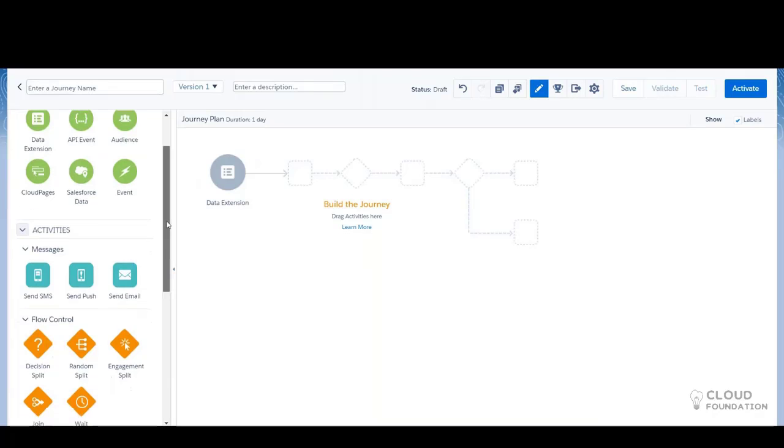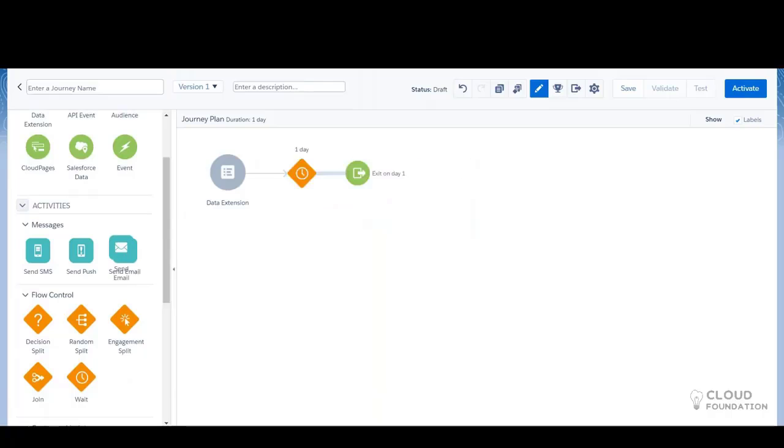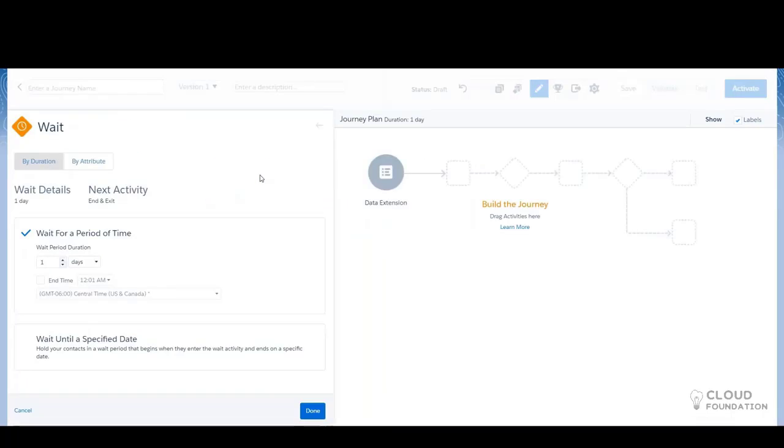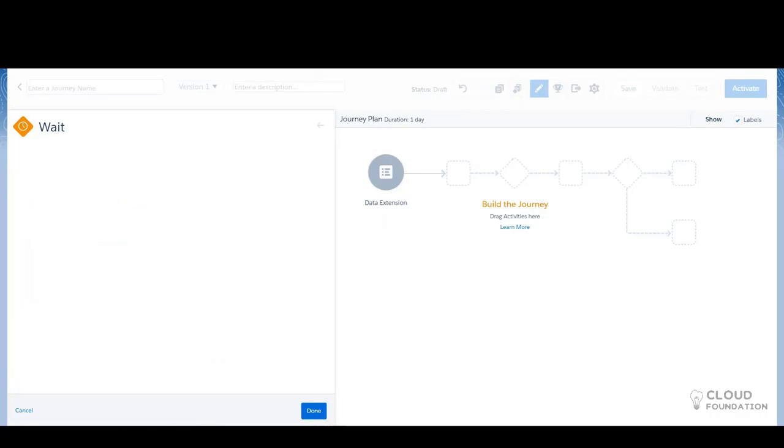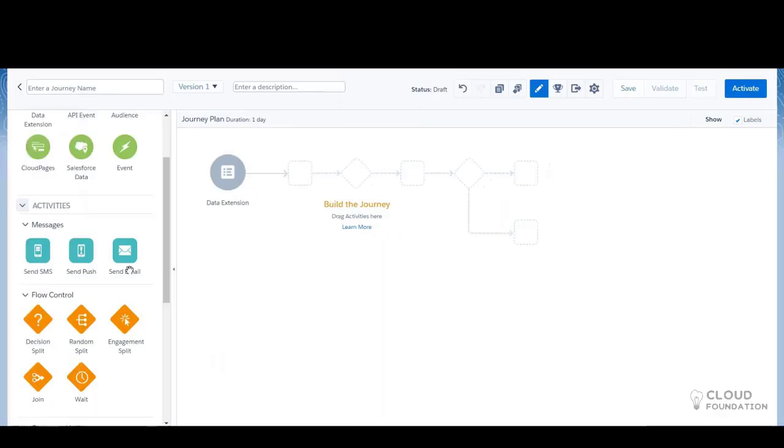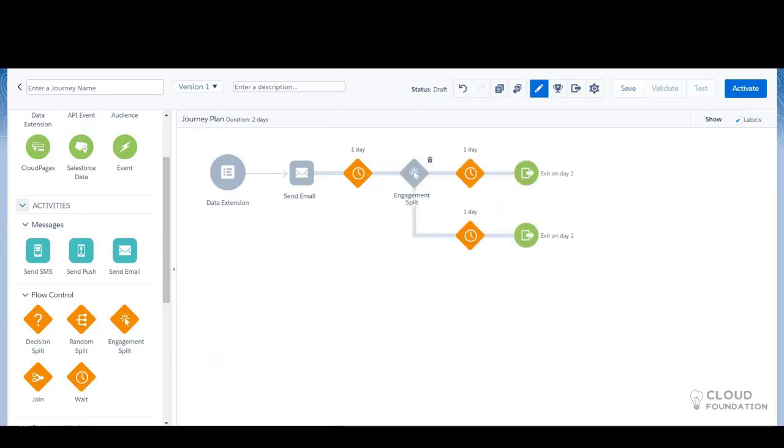What I can do is have a wait activity for a day, or you can create it for days, minutes, hours, weeks, anything. And then I'll have an email activity. Let's say I send out an email.